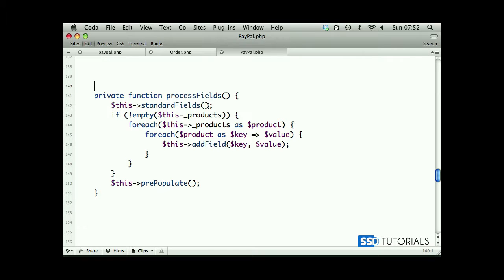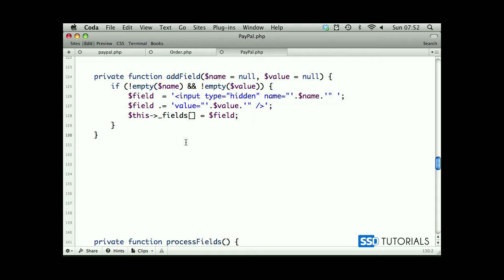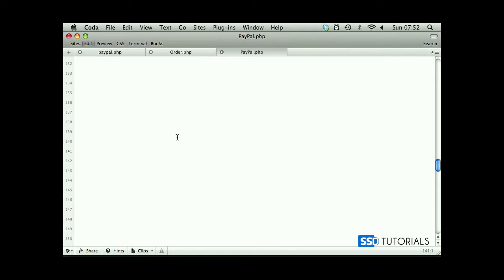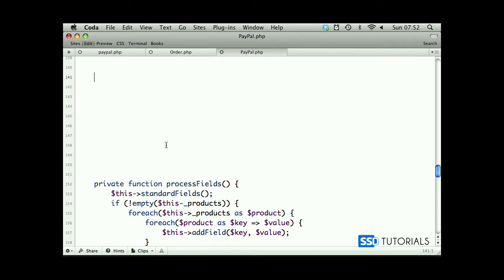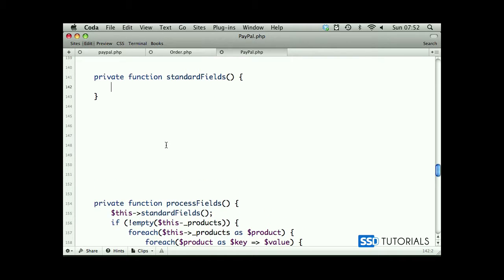Now it's time to create our standard fields method. So if we copy the name, we can create it right above process fields. So a few new lines, and we start with private function standard fields. Standard fields method, as I've mentioned in the previous video, will contain all of the fields that are always required with every call to PayPal, basically with the calls which we will be making to PayPal when we are sending